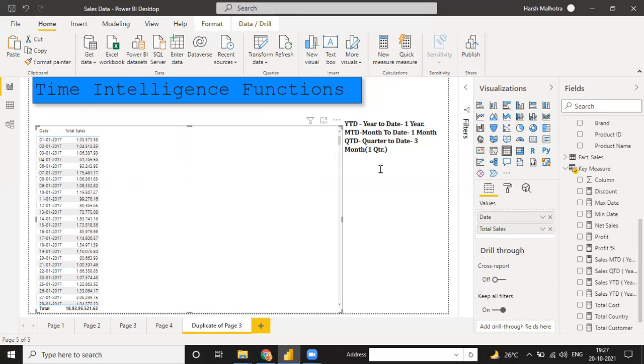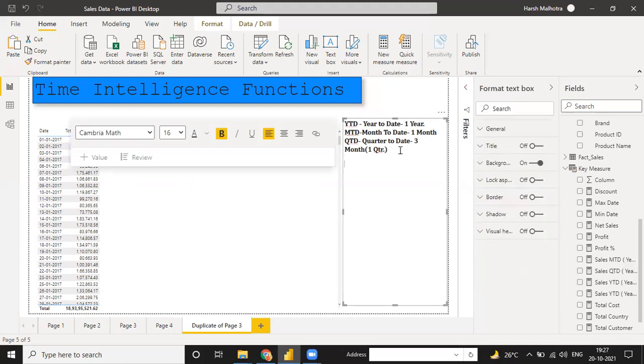DATEADD function. I can just write it here as the DATEADD function, and it is the function we are going to use for last year sales, or you can take last day sales, last month sales, or last quarter sales.